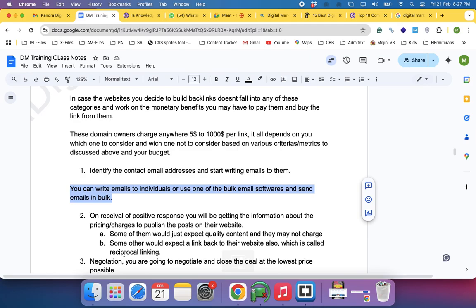we will, next step is we'll have to negotiate if they are quoting a price. So anybody here, how should we be negotiating? What do you do if you have to bring down the price? We can tell the domain authority, right? Domain authority, suppose 70 or 60, we can tell the domain authority is less, so we can provide